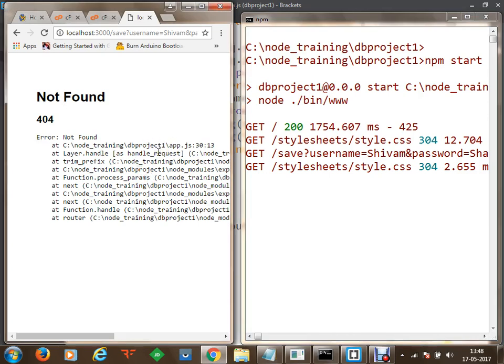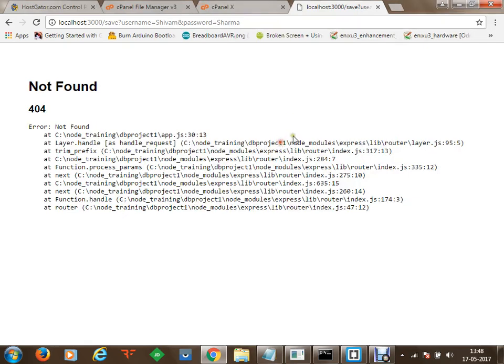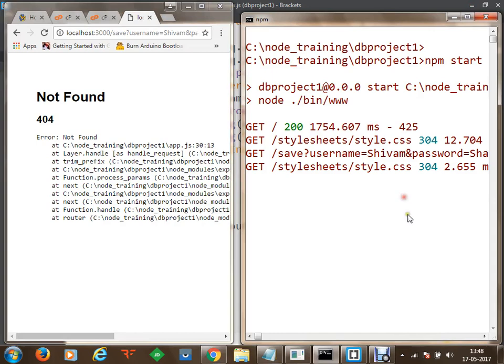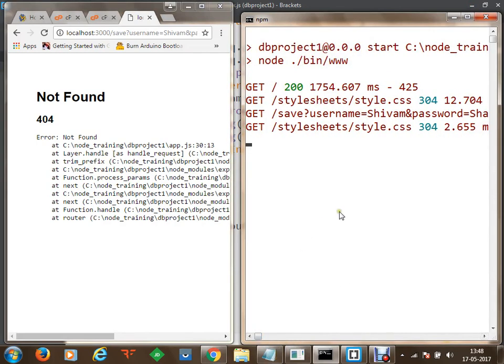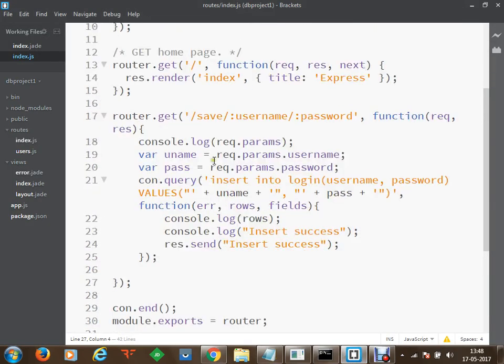Let's just check which resource has not been found. The request has been sent properly to save, but we have not received any resource here. So let's check in the request itself. A request has been sent to save, but 404 was not found. So now let's check in the index.js file that a route has to be defined with the name save, for when we receive a GET request with save.